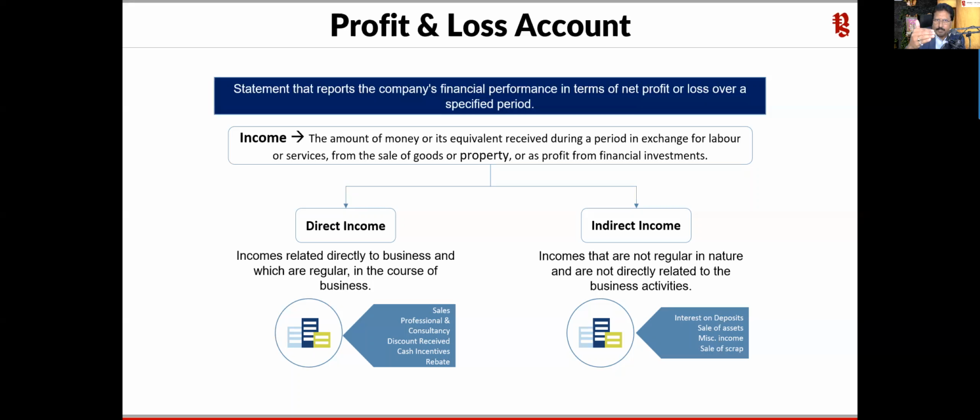So if some kind of benefit is not given to the company for the longevity of their business activity, then over a period of time, once the efficiency of the production level or any other asset starts depleting, the end result is that you will have lesser profit. If there is lesser profit, income tax is going to get lesser taxes, right? So just to help businesses always be at the top of efficiency,